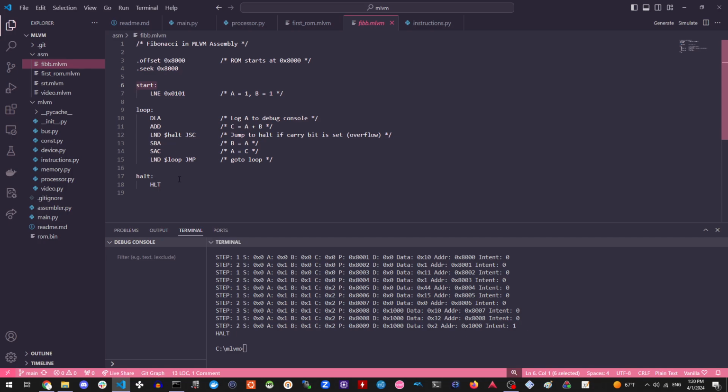Like we have labels, we have directives here. And oh yeah, we have comments and all of that. So I can step through it. Offset 8000 hex basically means that this ROM will be starting at 8000 hex,